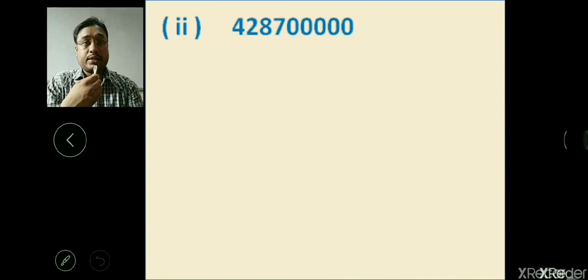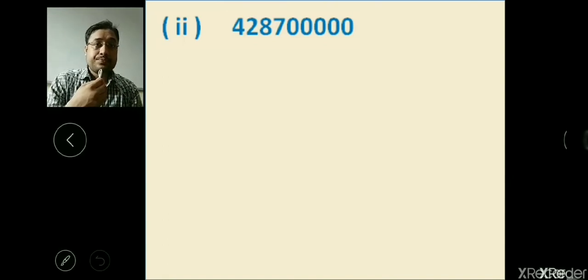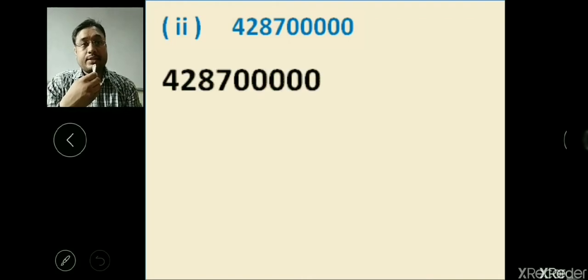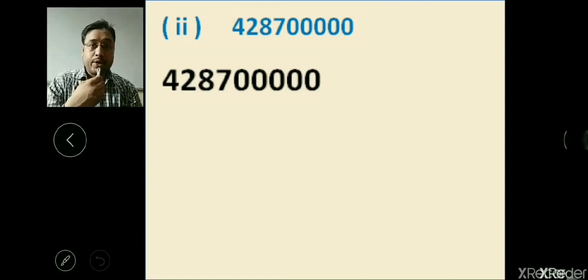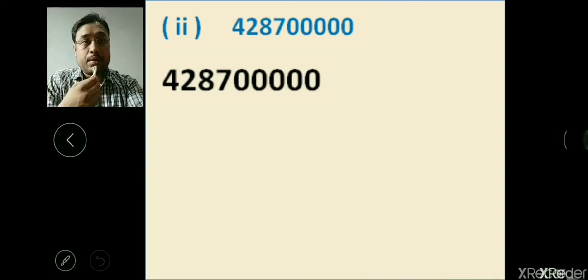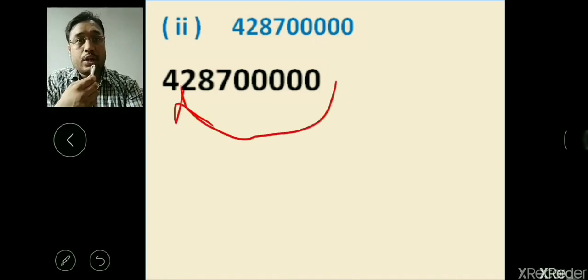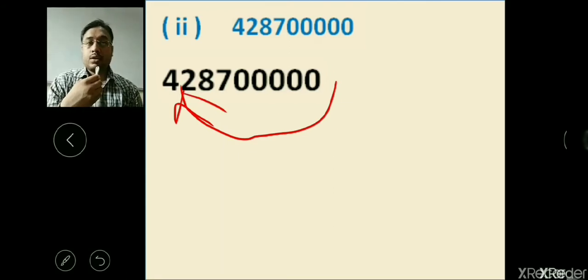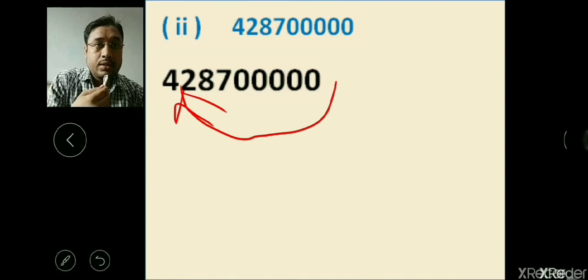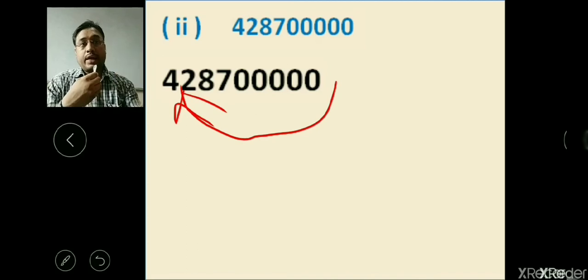Now the second number, you can see, 42 crore 87 lakh. You can convert it like this. First you can see how many digits you have to take the decimal point to the left side. Your decimal point is right now here, so it will go between 4 and 2. So you have to jump here 3, total 5 zeros, and then 7, 8 and 2. So in total 8 digits you have to take the decimal point towards the left side.